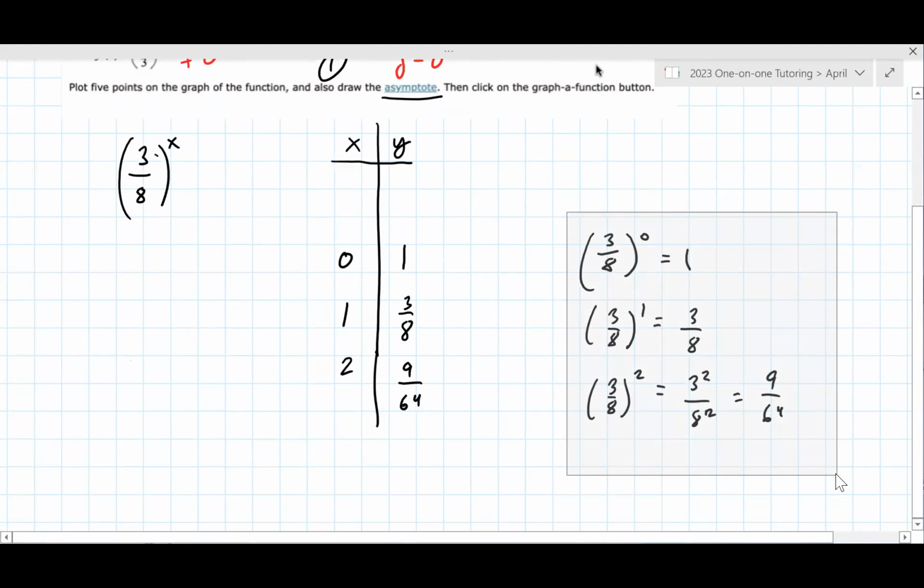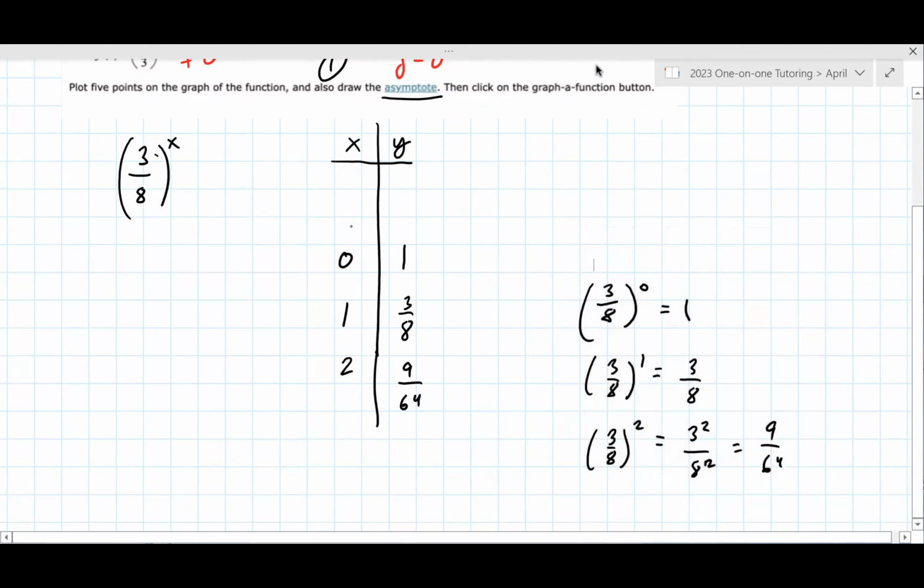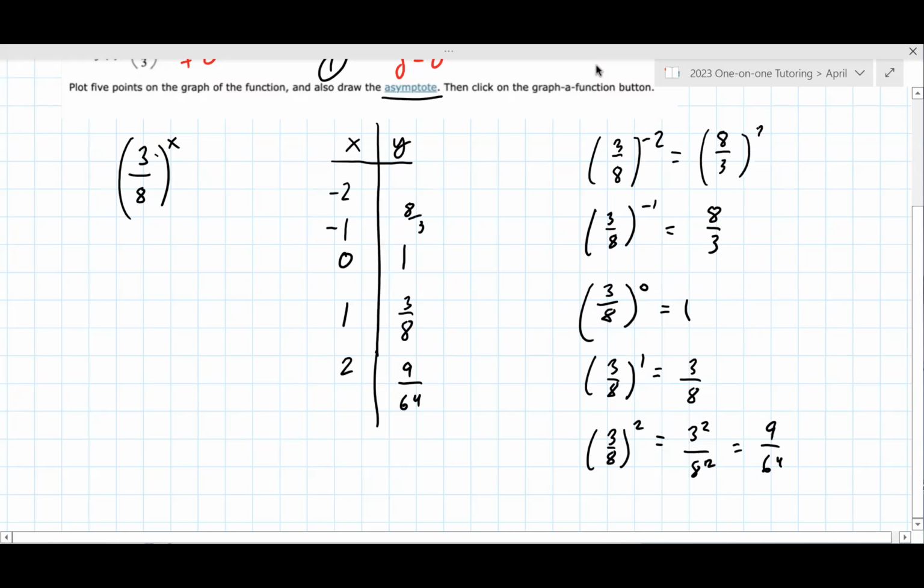Going the other direction now with negative numbers. Negative means 3/8 to the -1 power, just like we did before. That means to flip: 8/3. -2 is 3/8 to the -2 power, which means to flip it. 8/3 squared. Then you square the top,